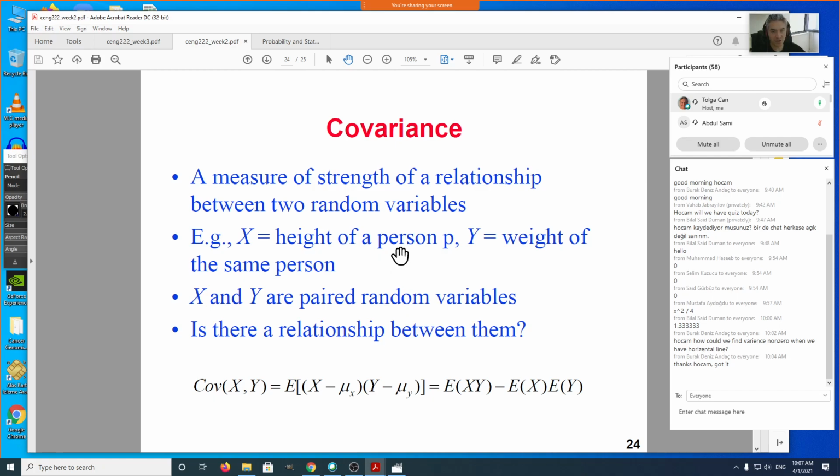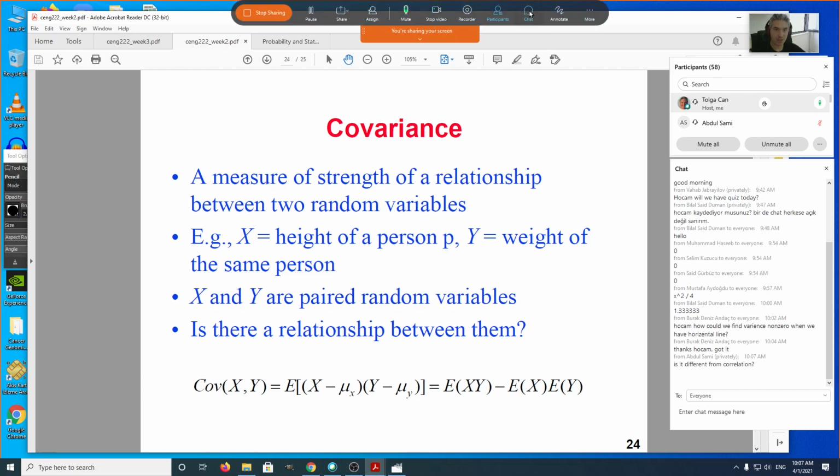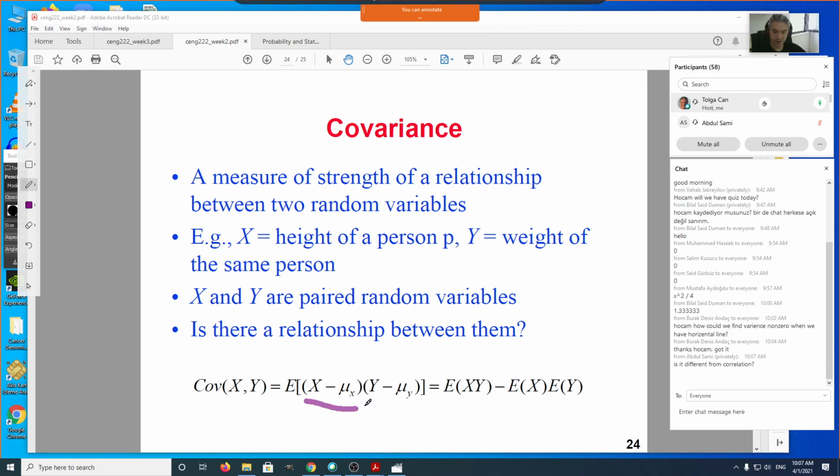So to measure the strength of the relationship between two different random variables, if they're not independent (if they're independent, it will be zero), what we define is called covariance. Covariance between two random variables is defined as the multiplication of their individual differences from their means. If you look at this, it is very similar to the single-variable variance itself. If this was x and this was x, we would get variance, I mean, (x minus mu x) squared. It's two of the same thing. If we just drop the square and the other factor becomes a different variable,